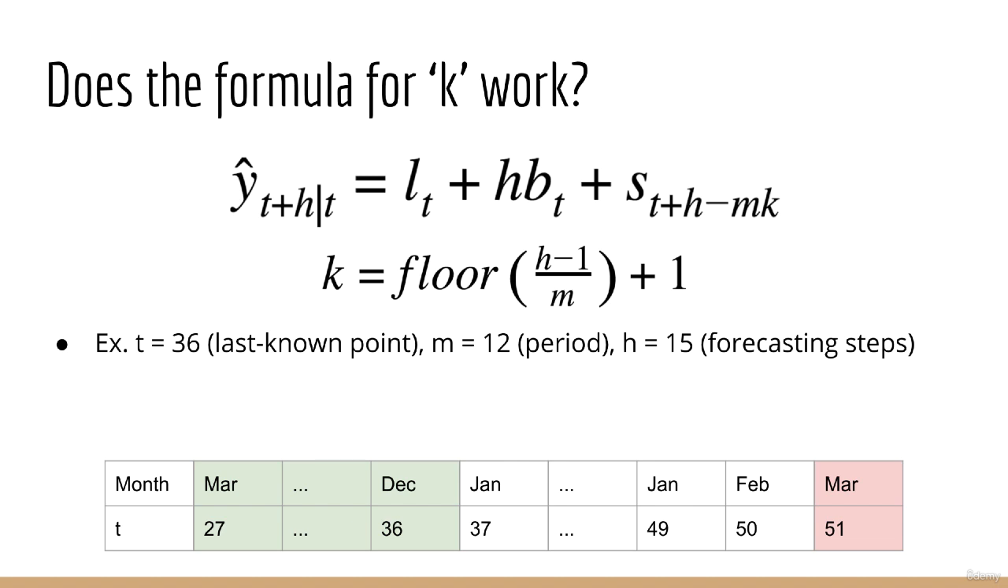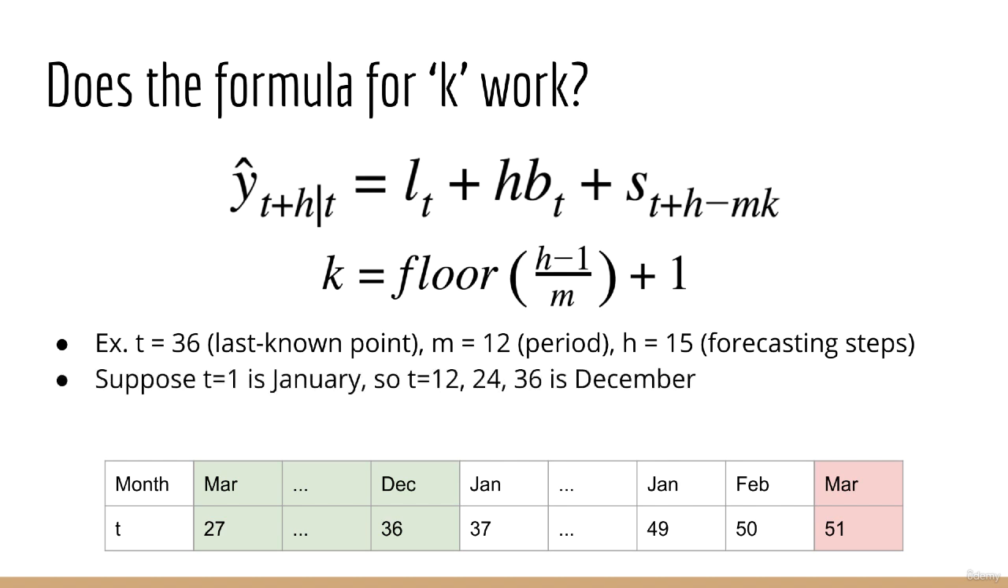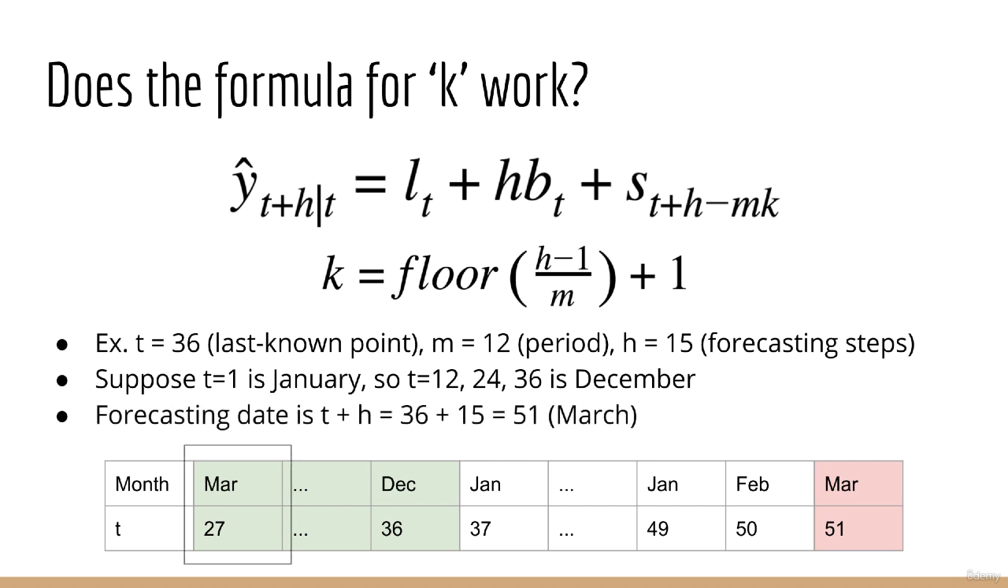Suppose that we want to forecast 15 steps into the future, so h is equal to 15. So if 1 refers to January, then 12 refers to December, as does 24 and 36. So our training data is 3 years from January to December, 3 years later. We want to predict 15 months into the future, which is March, but it's the March 1 year after the